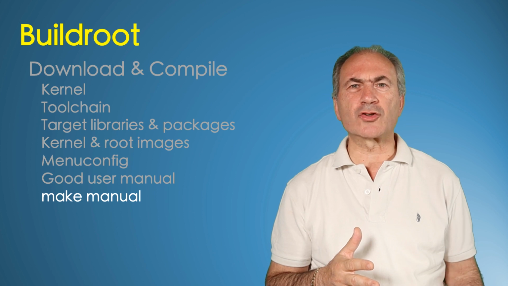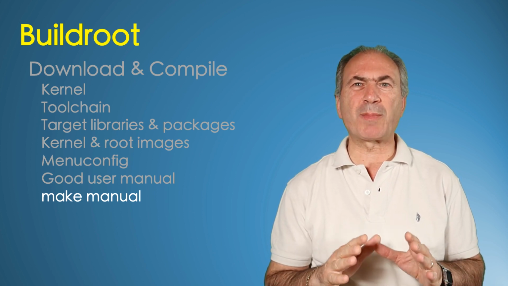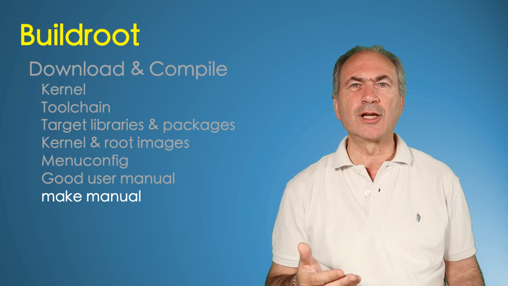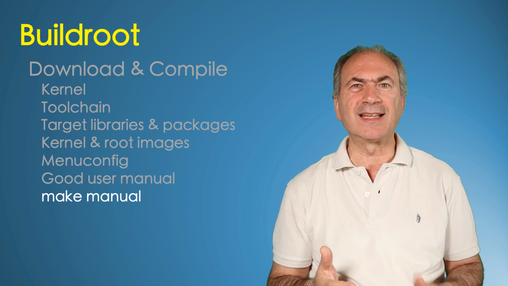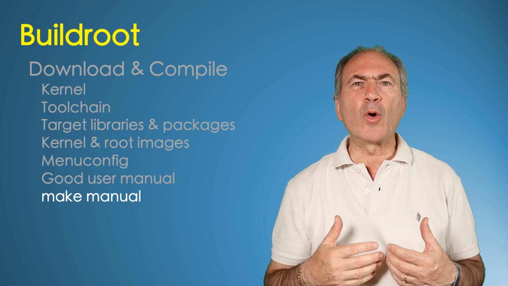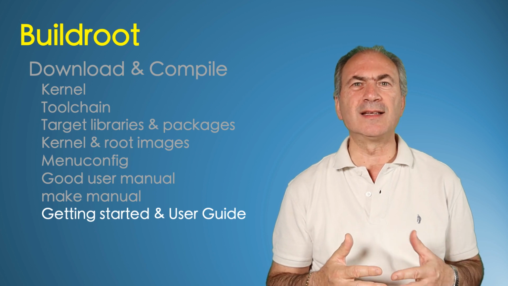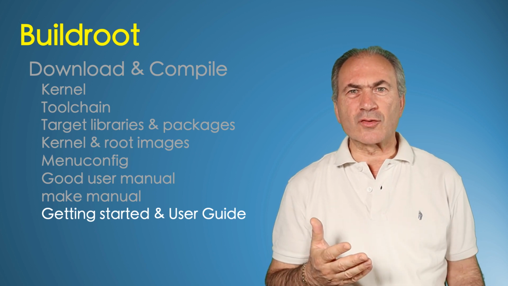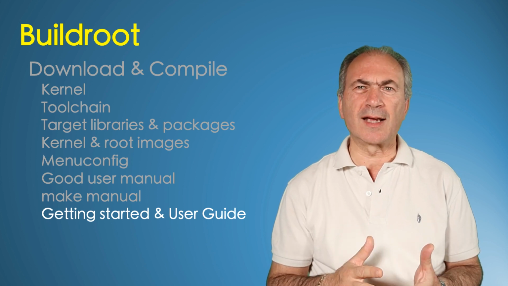Our Buildroot version has a 120 pages manual, but a large part of it is dedicated to the developer guide that is needed to modify and add packages to Buildroot. We are only interested in the getting started and the user guide. These sections are only about 40 pages, well written, concise and clear.